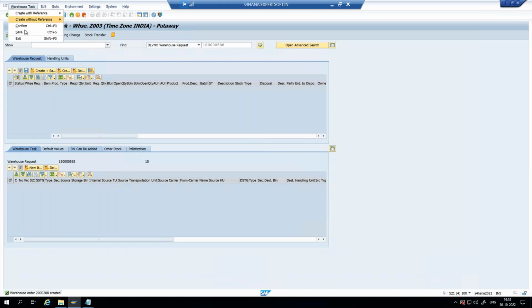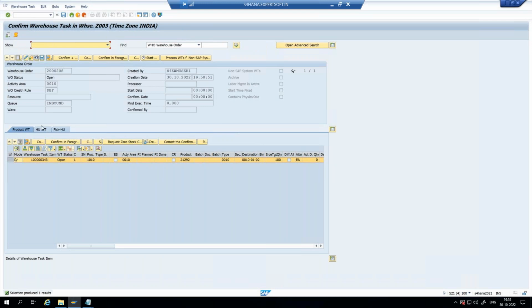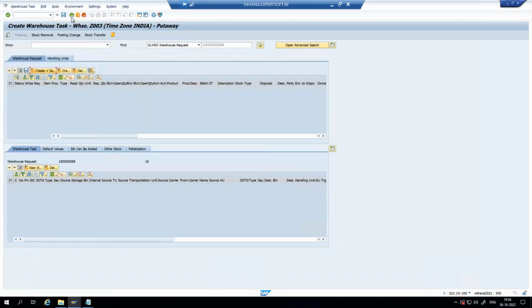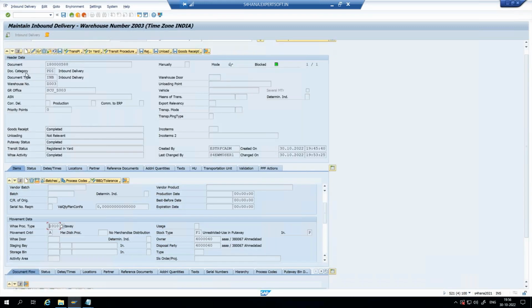So if I go to the confirm, this is my warehouse order, and here you can see all the warehouse tasks under your warehouse order, as I was discussing, and you can click confirm and save. Don't worry, this is just for demo purposes. We will see all the business processes in depth. I will show you each transaction, what it does. I will also give you a brief idea of how that screen looks and what the fields are in that screen. So don't worry, I'll give you an overview of it. This is just for demo purposes. And see here, once I confirm that